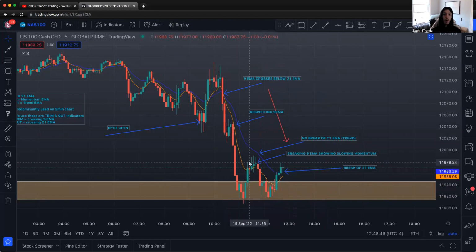So say you held it through all of this, you took a little bit of trims here, you're looking for that third take profit, it's coming down, you made a double bottom inside of the demand. I don't know if I want to cut this, not just yet, but it's crossing the 9 EMA. So don't go against your rules. The rule is to take the trims at the 9 EMA, take the trim here. It was leading you in the right direction, because very soon after, 10 minutes after, the trend is now reversing,